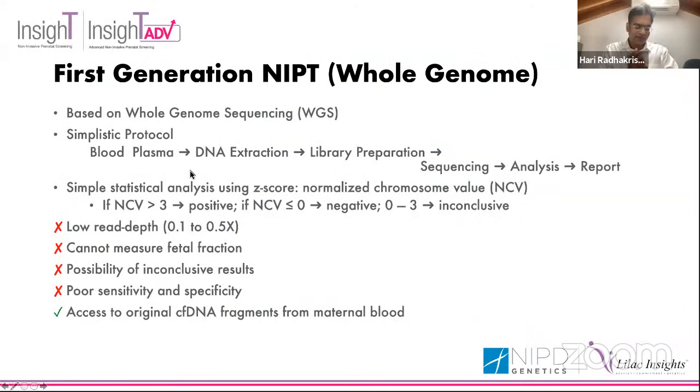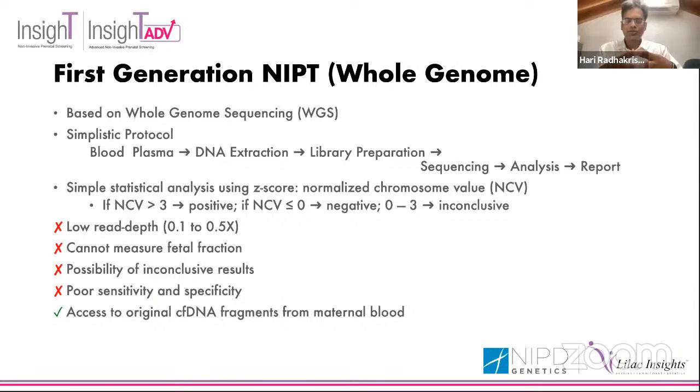As Dr. Sita pointed out, NIPT is a fairly recent innovation, and it began with Dr. Lo's discovery of cell-free DNA in the blood in '97. But then there had to be an analytical method, which was next generation sequencing, which was quite expensive at that time. It was in 2010 that the first generation NIPTs became commercially available. And these were all based on whole genome sequencing, where the cell-free DNA is extracted from the maternal plasma,